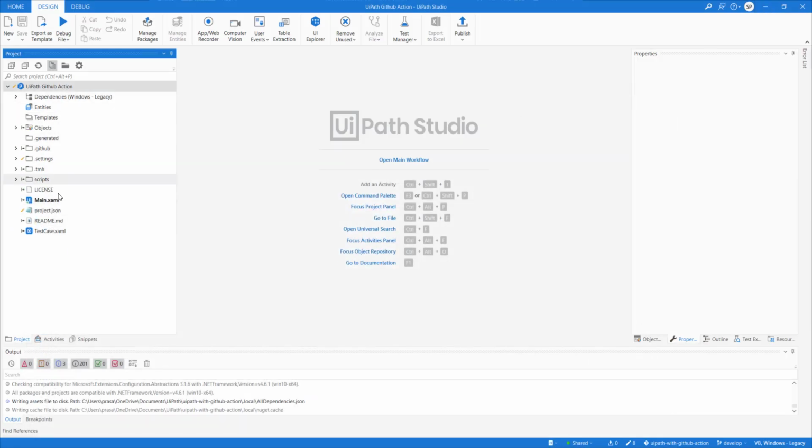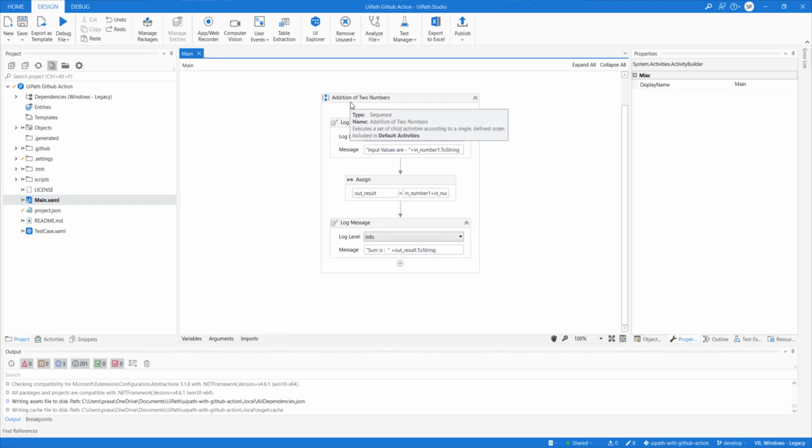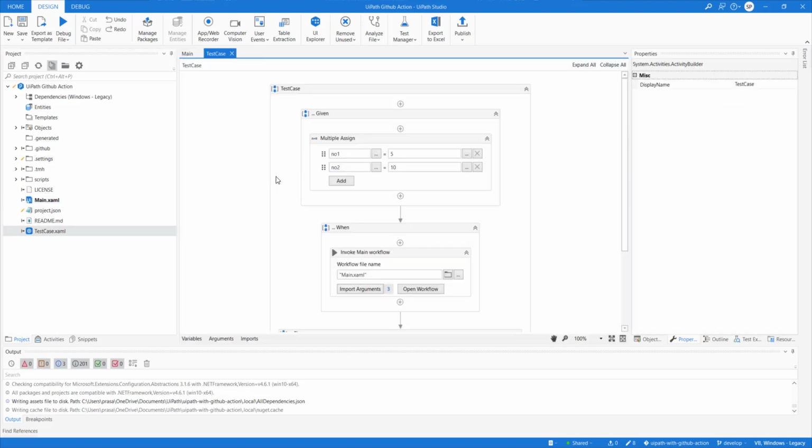This project is pretty simple. All I'm doing here is I have created a main workflow which is the addition of two numbers, right? So you can see inputs 1, 2 and the sum is this one, and it is printing the sum. And then on the basis of this, I have created a test case.